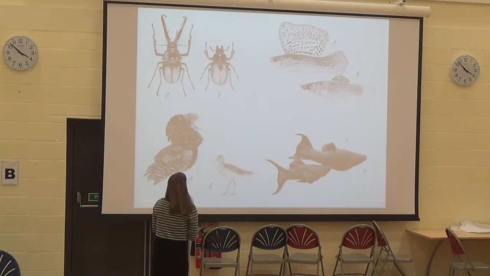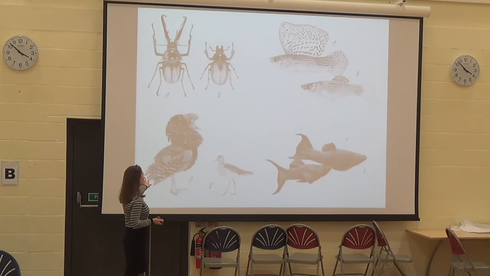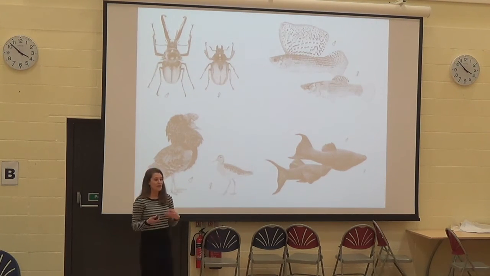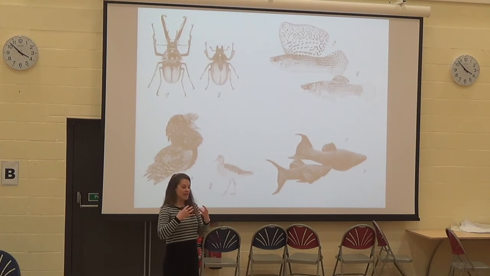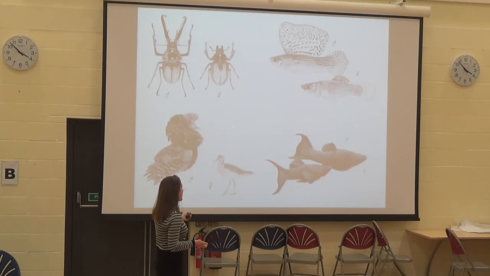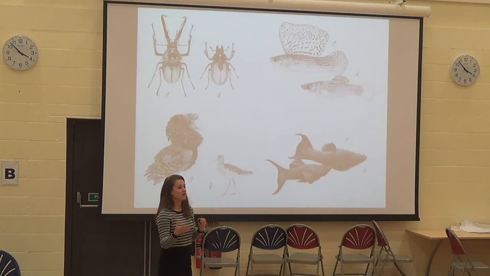Similarly here, this is a bird called a ruff, which is a territorial wading bird. And males have these really fantastic, elaborate set of plumage feathers around their neck, hence why they're called a ruff. And they use these in the breeding season to display to females to attract them to their territory. So as you can see, this sexual dimorphism can be very common and differ in a number of different ways.